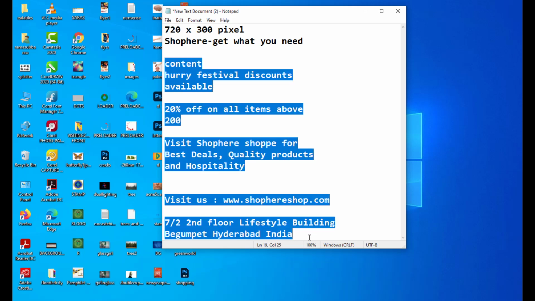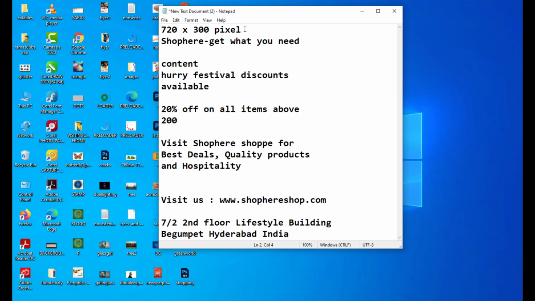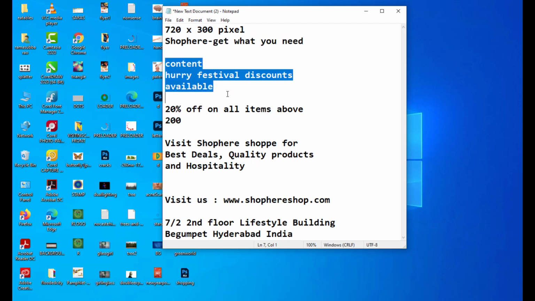Here we have all the content that we are going to be putting in our web banner, and we have already taken the size, and this is the name of our banner. The name of this shop is Shop Here, and here is the caption, and we'll be putting the content properly once we start building our web banner.